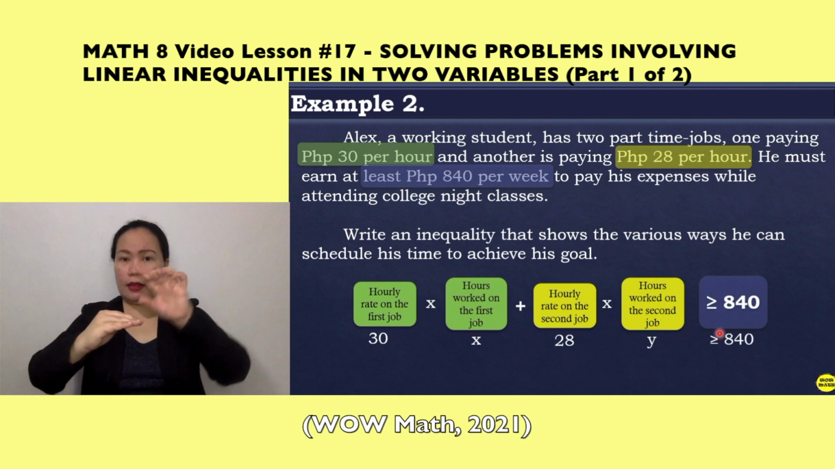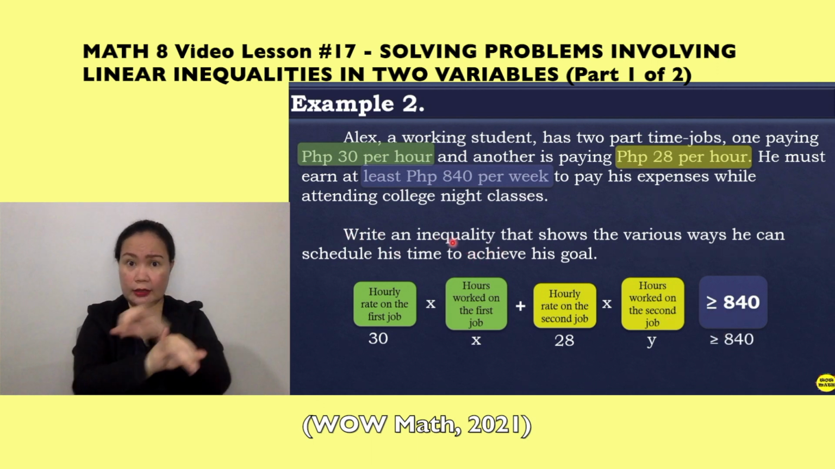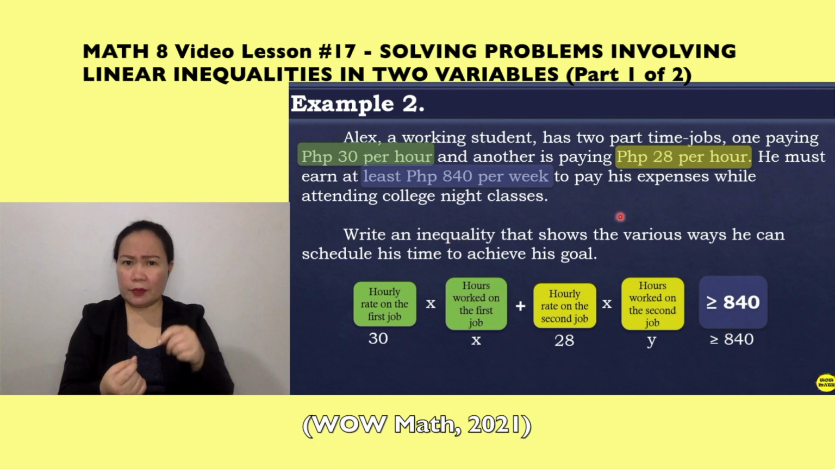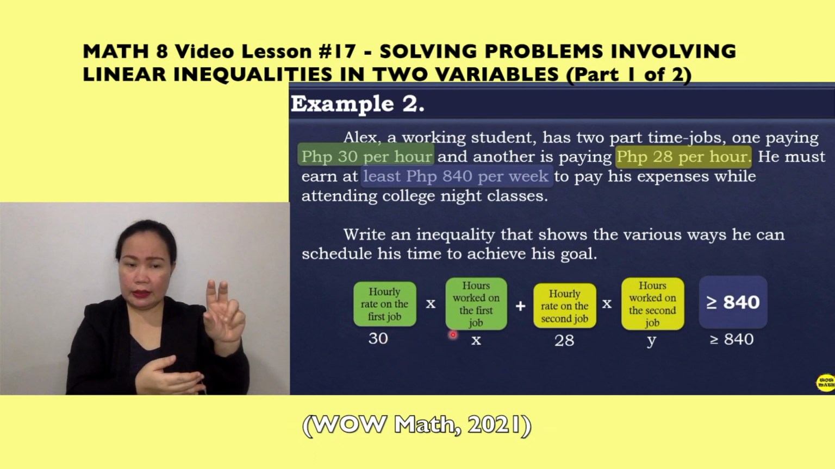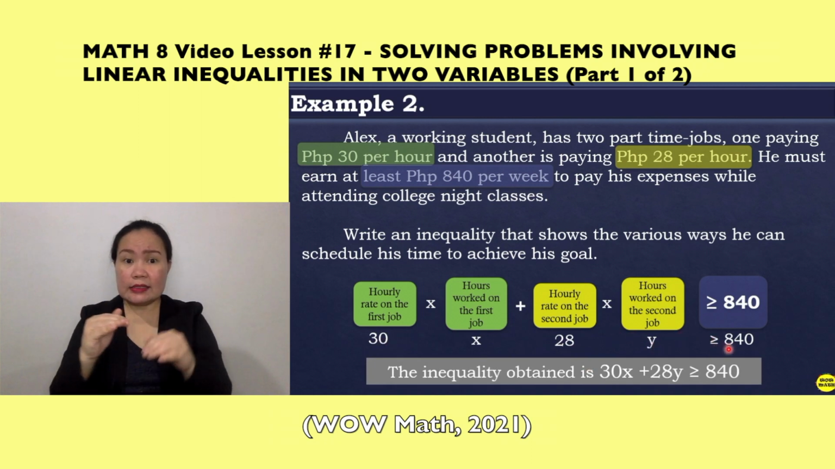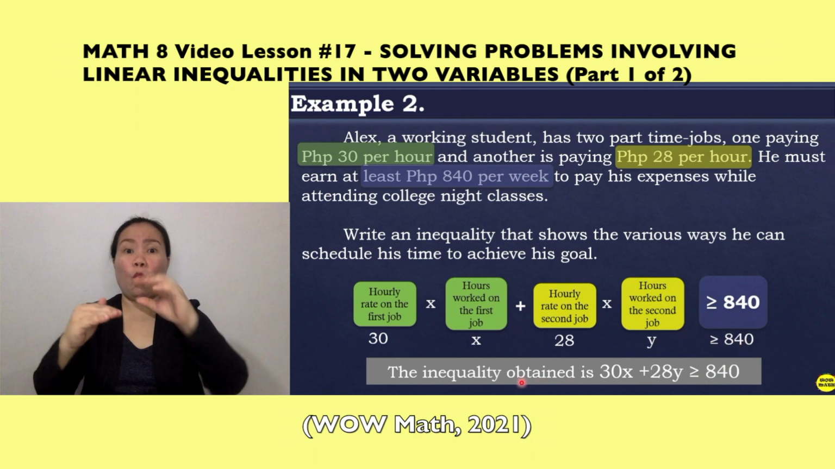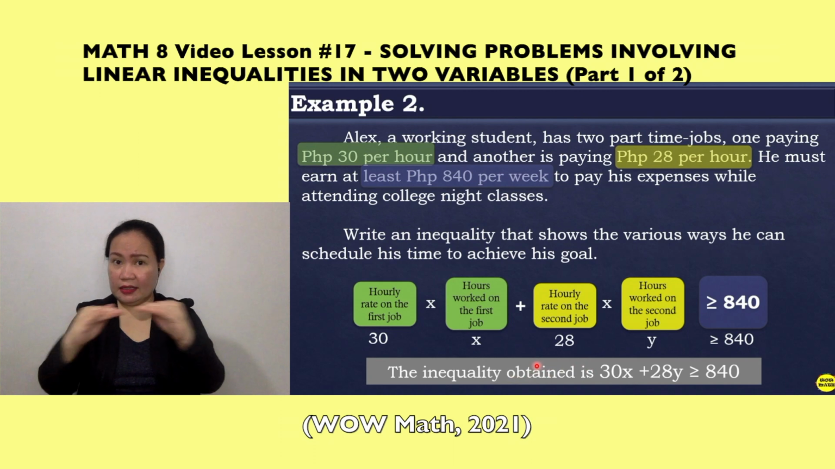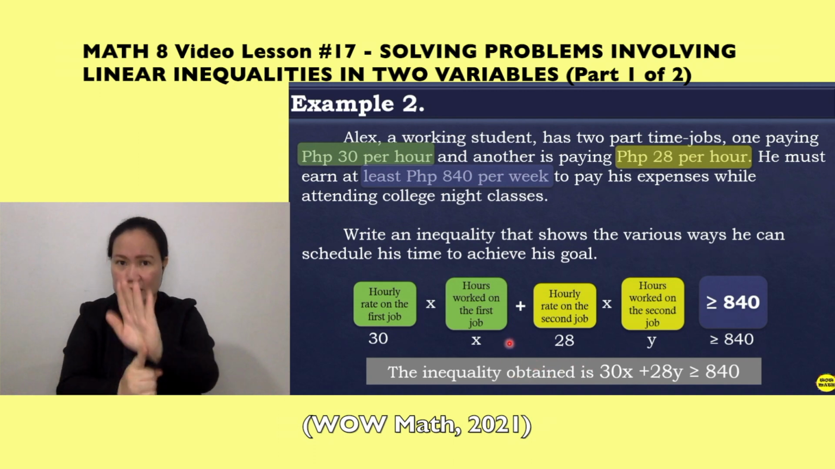Now, so therefore, write an inequality that shows the various ways. So, ang gagawin natin, dapat ma-identify muna natin kung ano yung inequality para makuha natin yung various ways. Okay? So, therefore, given this pattern, o ito yung ating representation, so what will be our inequality? So, copy lang natin. 30x plus 28y is greater than or equal to 840. Okay, so this will be our inequality. Okay, so dapat sa inequality pa lang tama po ang pag-represent natin dito. Okay, so let's proceed to the